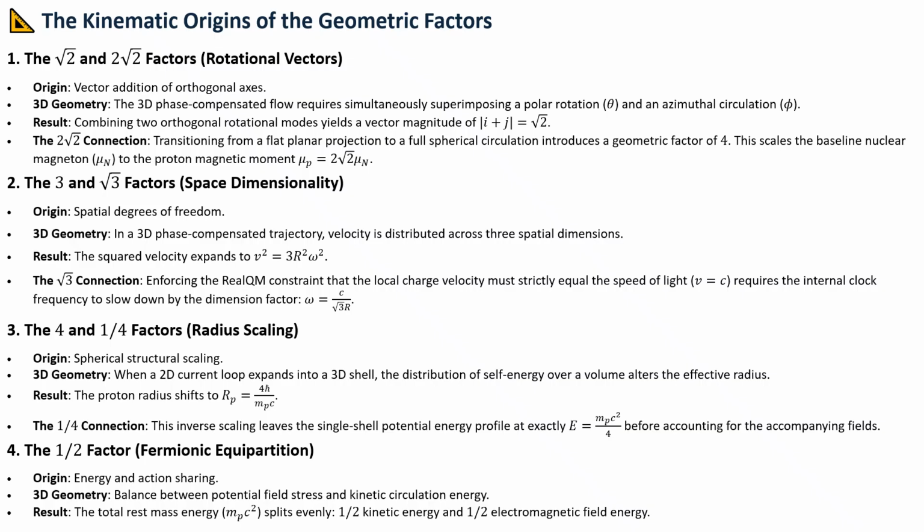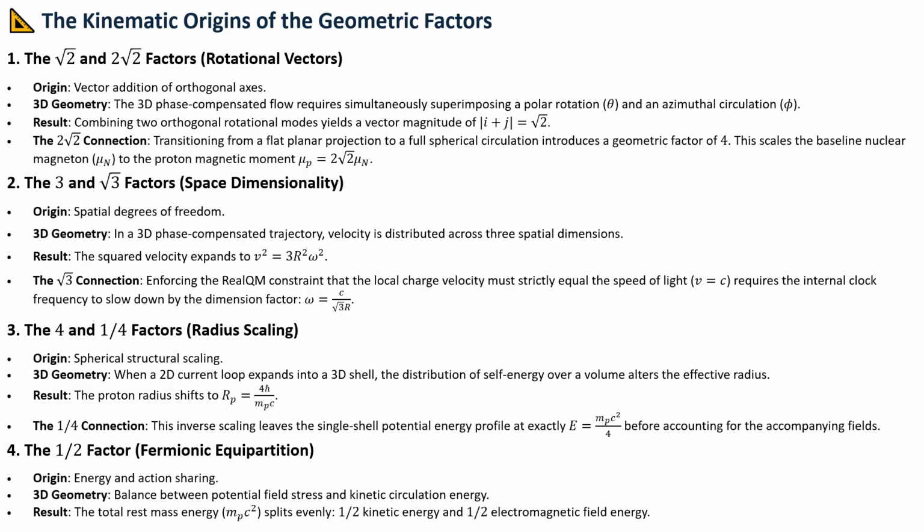Theta, and sorry, I'm a bit tired. We'll come back. In any case, combining two orthogonal rotational models yields that vector magnitude. The absolute value of i, a rotational vector operator, and j, so vectors themselves, is square root